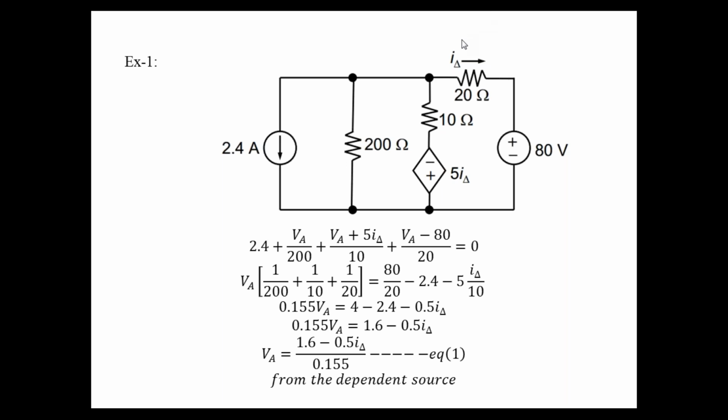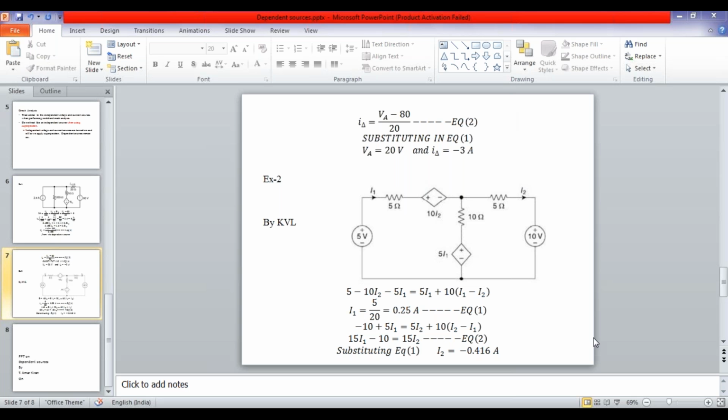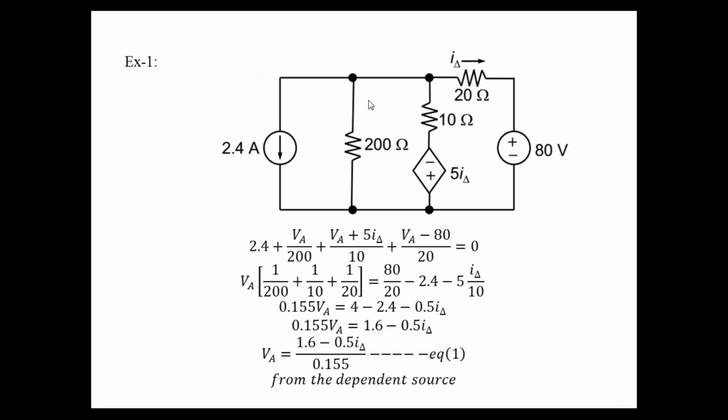Now how many nodes are there in the circuit? Number of nodes in the circuit. Respond please. 3, sir. A node is an interconnecting point of 3 or more branches at least. So here this can be considered as a single node, and another single node is here. So there are actually two nodes.